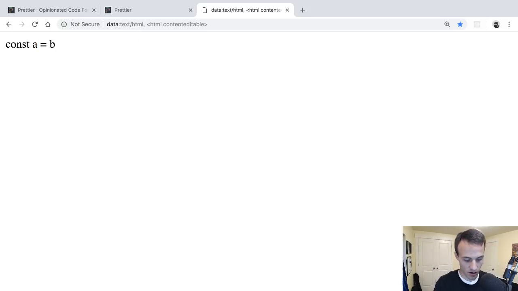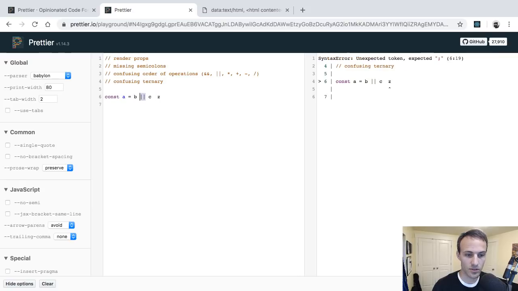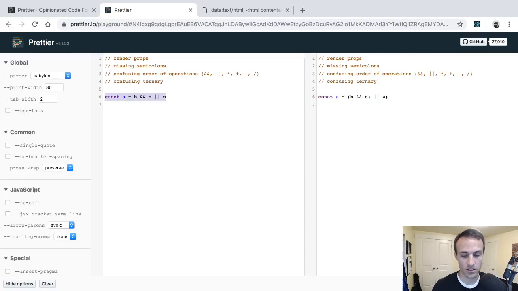And the same thing applies if we go like B and C or Z. Okay, so what order are these going to happen in? And maybe does it matter that it's an and here? Maybe if it's an or and then an and, does that change the order of operations? So let's bring that over. And so it actually does matter that the and is going to take precedence over the or,